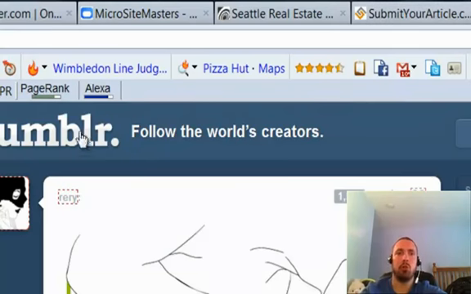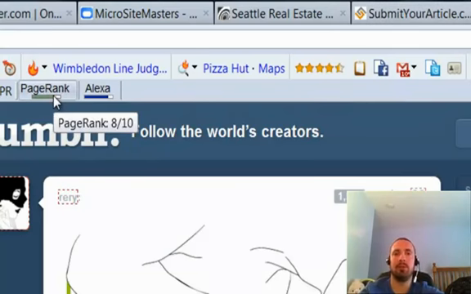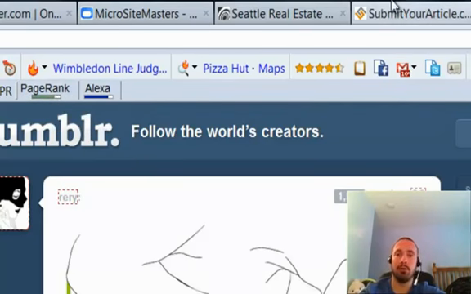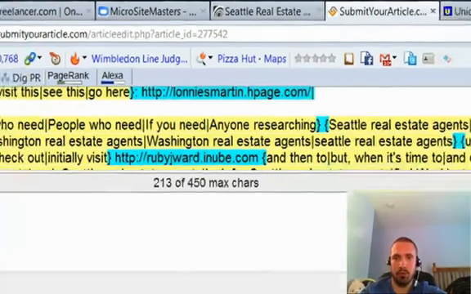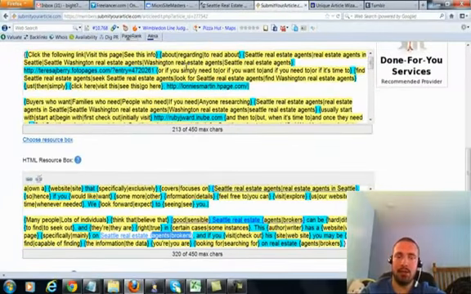But I just want to show you why we use Web 2.0 sites, and that's because most of these have high page rank, and that gets passed on down a little bit to our Web 2.0 properties. Alright, so again, we have plain text, same thing down here, same thing in the plain text in HTML, but right here we use our URLs, and right here we use our actual links.